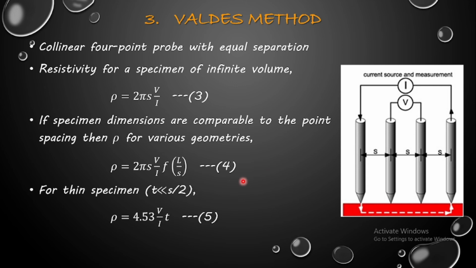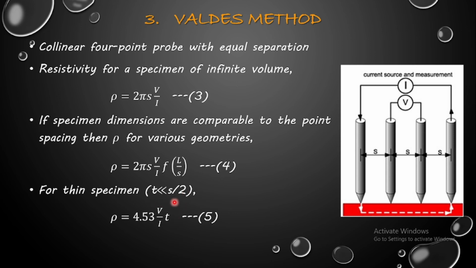And the useful simplification of the collinear probe relation, that is equation number 3, obtained for a thin specimen, that is if the thickness is very less when compared to the value of S by 2. S is nothing but the point spacing, and if you divide it by 2, that is if the film thickness is only this much amount, then for that case the resistivity will be given as 4.53 into V by I into T,